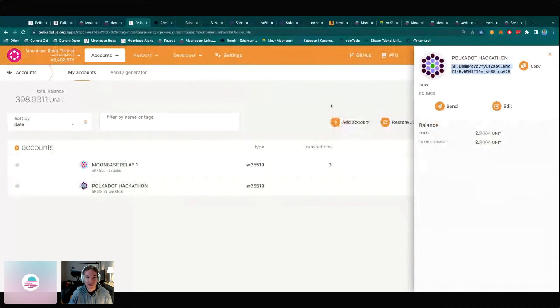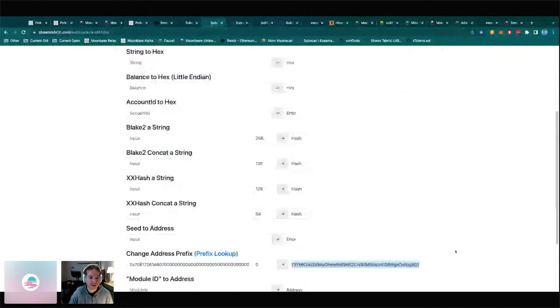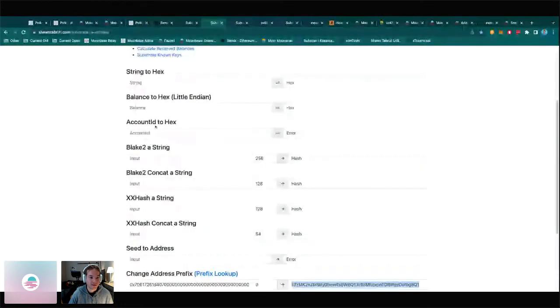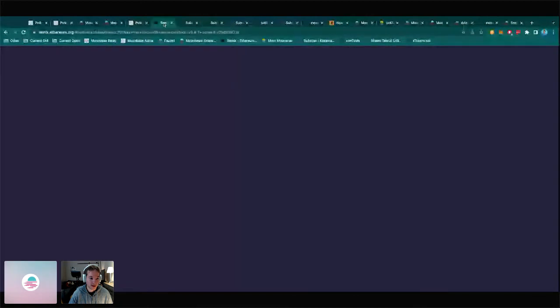And we're going to go back to Sean Tabrizi utilities because we're going to need that again. And we need to convert this account ID to hex. So I'm just converting my account ID on the Moonbase Alpha relay chain to hexadecimal. And then we're going to copy it back here